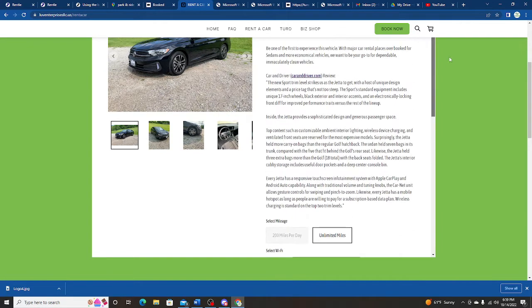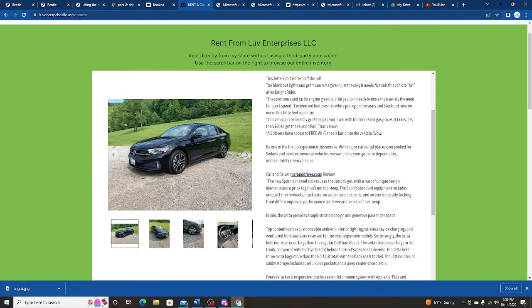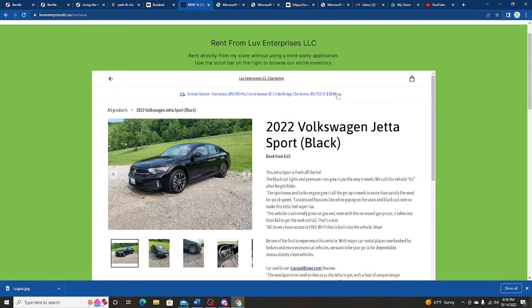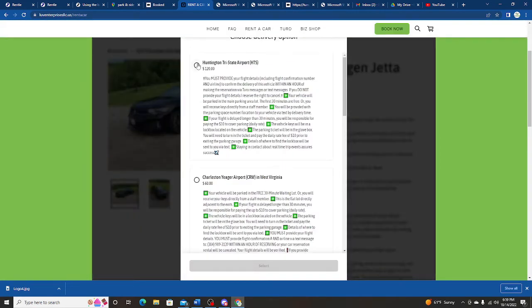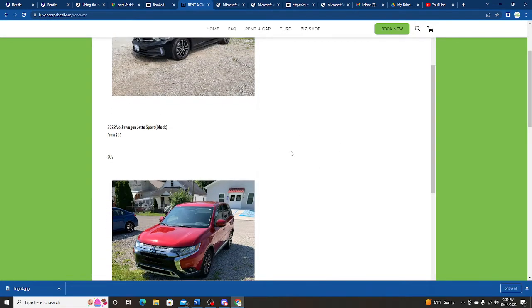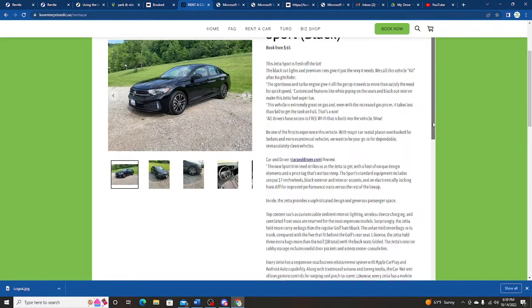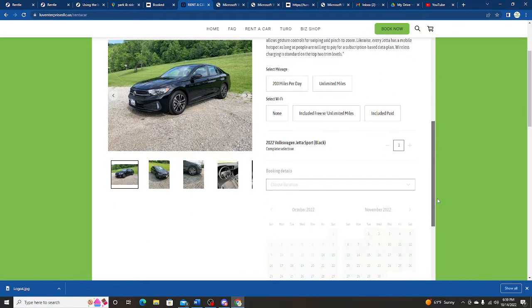But if I change it, I can show you right here too. So if I change this to the airport, which we deliver to 24 hours a day, it's going to take you back, but you're going to be able to go ahead and click on that sedan again. And then if you look here, it's actually going to show availability. So we're just going to go ahead and click 200 miles per day. We're going to click,